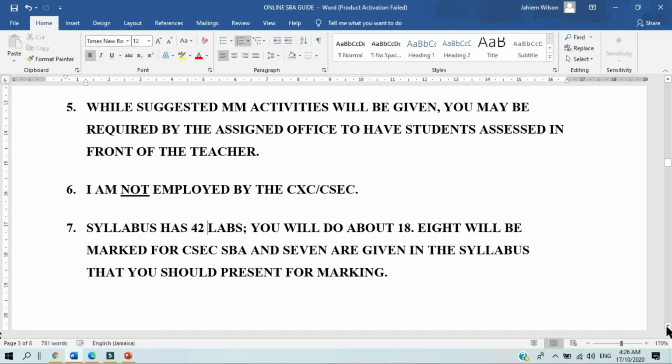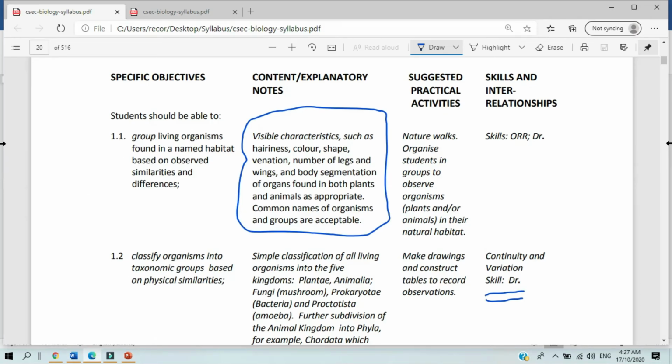They are not the views of the CXC, and I of course remind you at all times to be guided by the assigned offices, be it your school, the Ministry of Education, or the CSEC. I'm going to be hopping on now into the syllabus to look at those labs, just an overview of the labs. Cool, welcome back. We are now looking at the CSEC syllabus, and we're going to be just having a